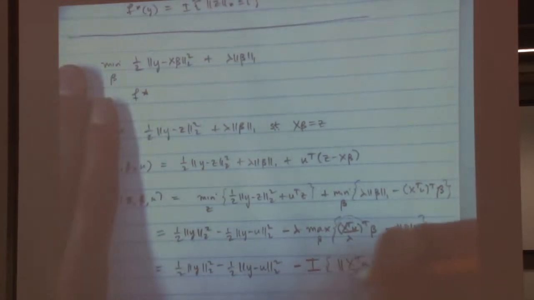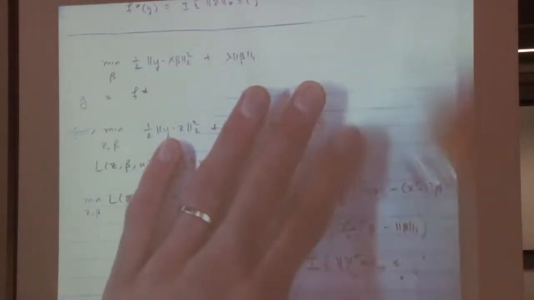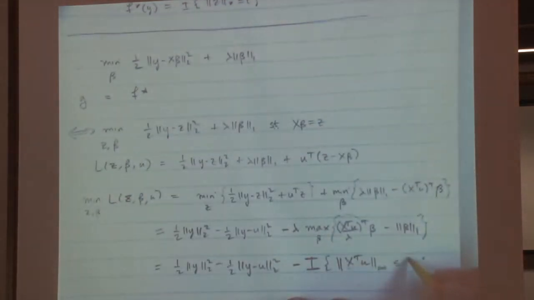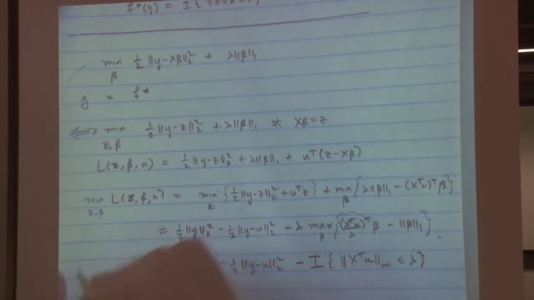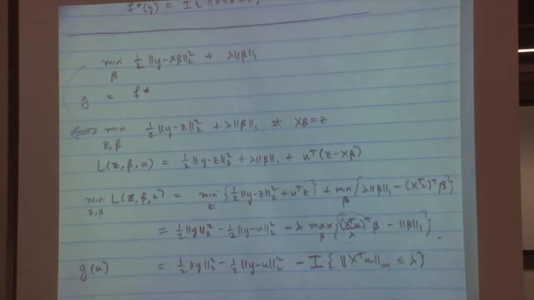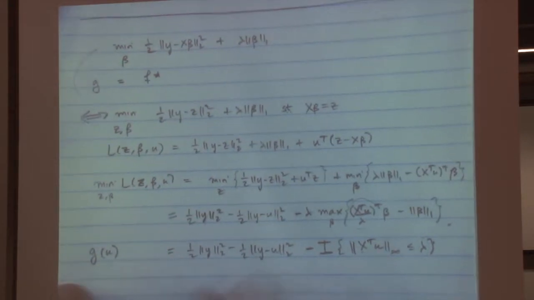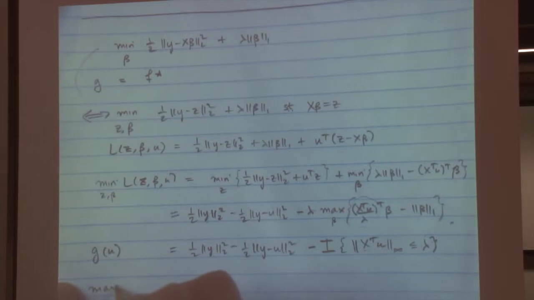And I'm also just going to, for the sake of rearranging, multiply through by lambda and say this is the indicator that x transpose u in infinity norm is less than or equal to lambda. So this is g of u. And therefore, the lasso dual is to maximize this over all u, which is the same as,